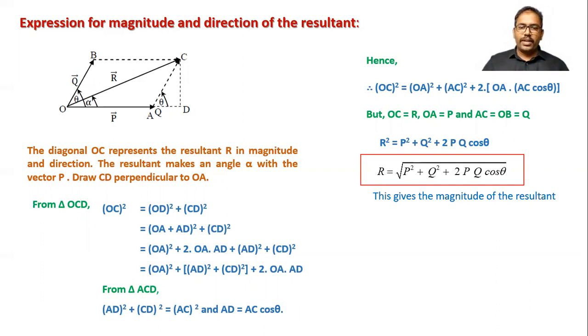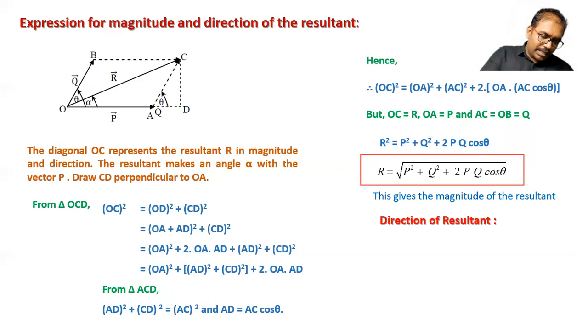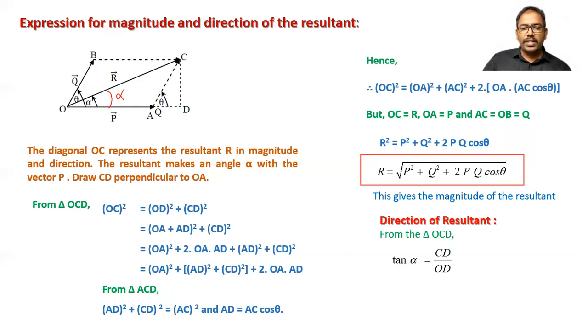After that, we have to obtain the expression for direction of resultant. Now we consider that this resultant R bar is inclined at an angle alpha with the vector P bar. This alpha gives us the direction of this resultant. Because if this angle alpha is 45, we come to know the direction of this R. And if alpha is 90, then you know that the direction is upward. So obviously this alpha gives us the direction of the resultant. So we have to find alpha.